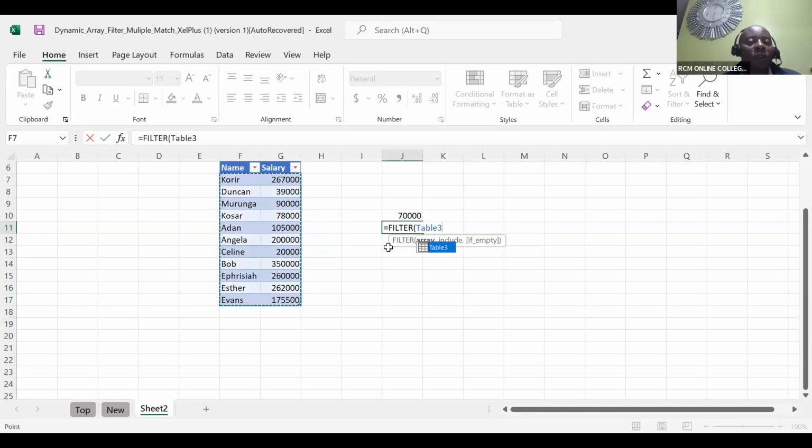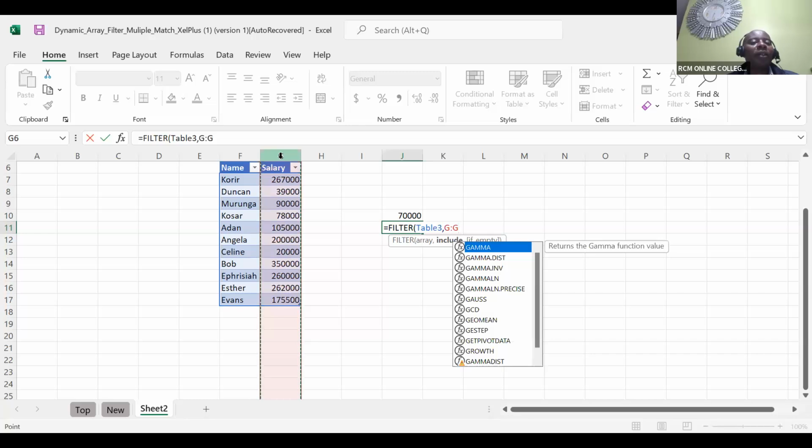So I've been able to, because you're following this filter array. And then you can see, ladies and gentlemen, after you say the comma, the next thing they want you to give them is what do you want included? What do you want this filter to filter your names using? I want my filter to filter this using salary. So on top of the salary, I will put my cursor here, and then I'll be able to highlight the entire column. Once I say salary, ladies and gentlemen, like that,